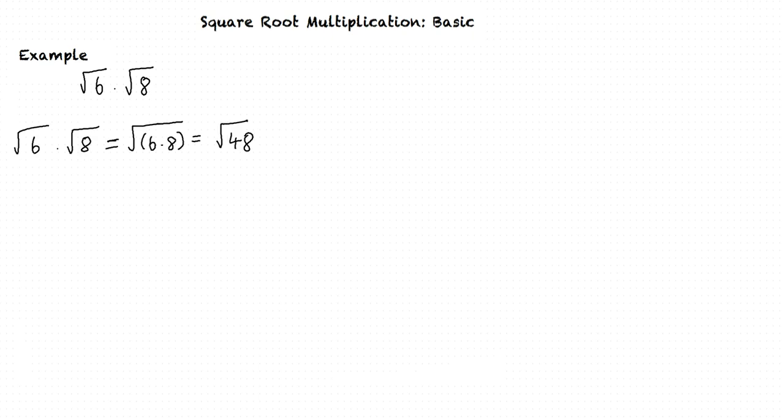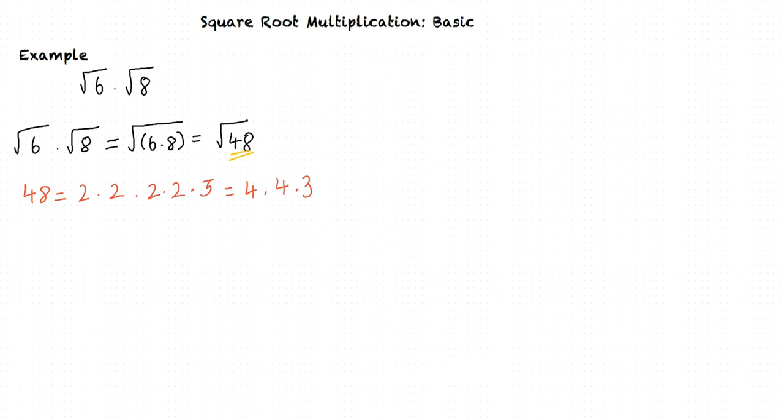Okay, we have square root of 6 times square root of 8 equals square root of 6 times 8, which equals square root of 48. That is right. Finally, we simplify this expression to obtain the answer. How can we simplify this expression? We determine the factors of the product 48. Thus, we have 48 equals 2 times 2 times 2 times 2 times 3, which can be written as 4